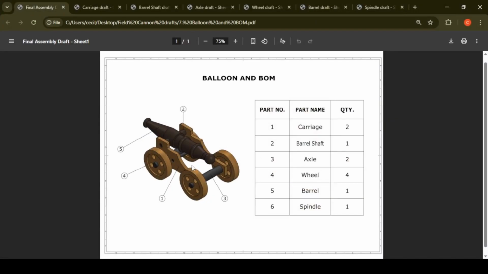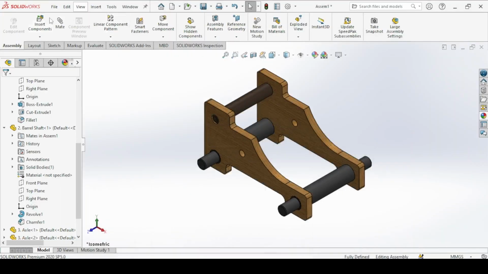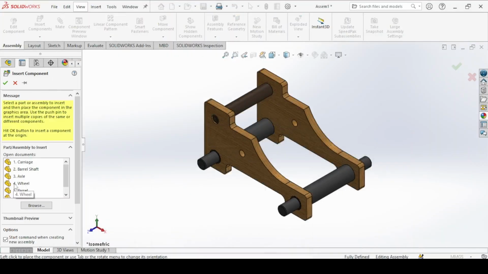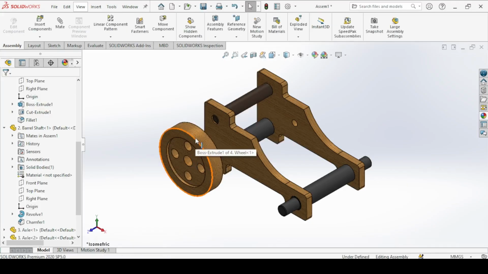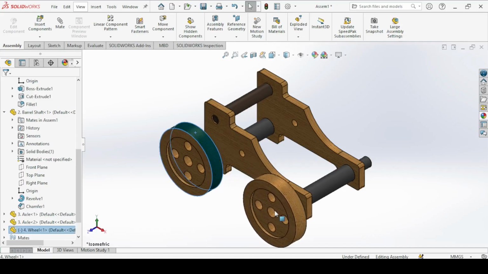So we first insert 2 wheels here, and then we mirror onto the other side. So insert component, click on the wheel, bring it here. Hold the control, click left mouse button, hold and drag the mouse to duplicate.